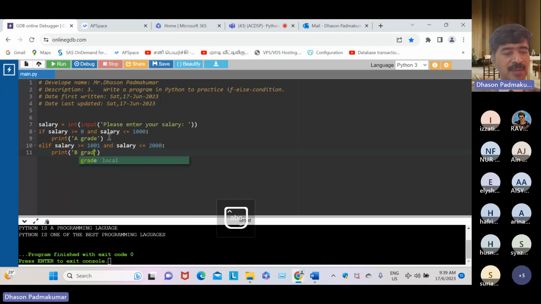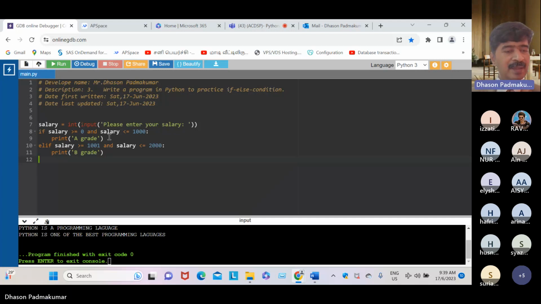It is just an assumption, dear student, just an example. The moment the cursor comes here, you have to push it to that side by pressing Shift and Tab, because indentation is very sensitive in Python, not like other programming languages such as SAS and R.